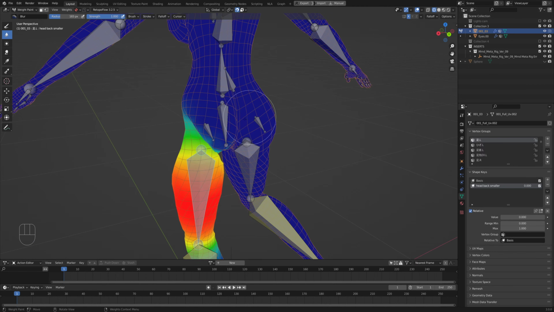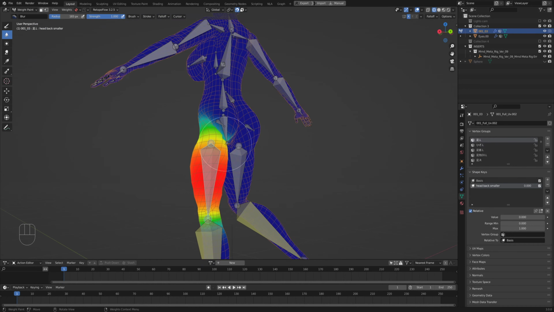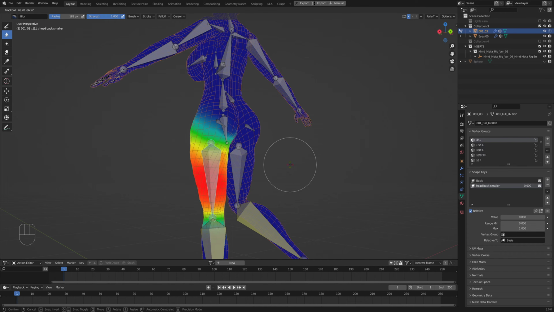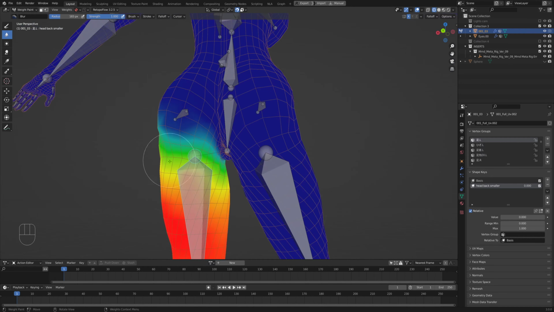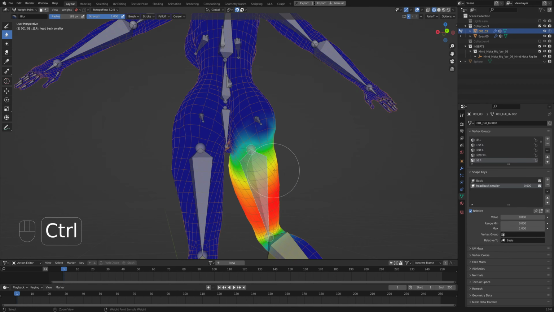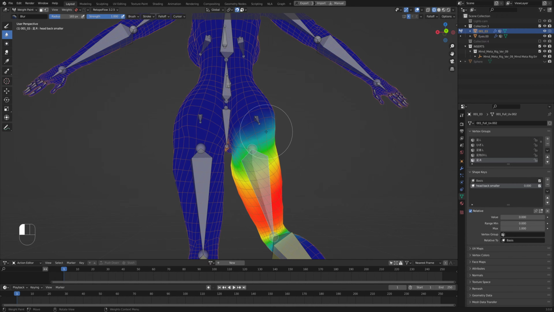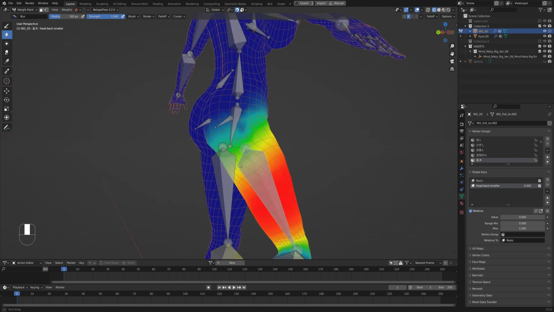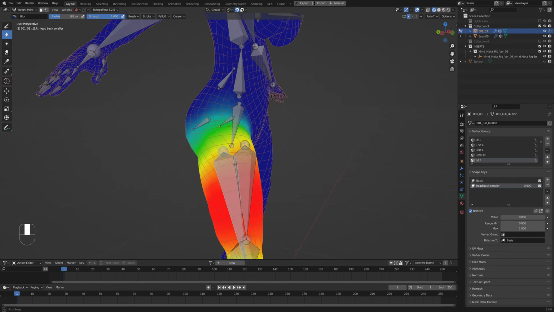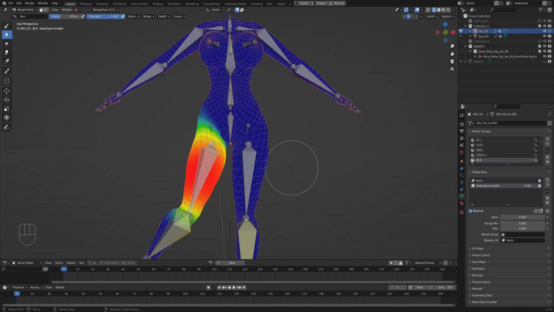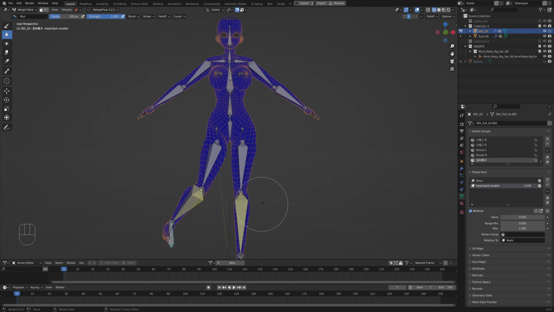You don't want this whole area to collapse. So nice influence over there. Yeah, so let's grab our